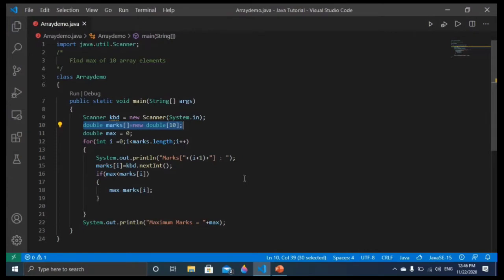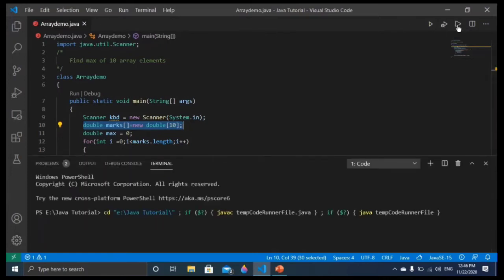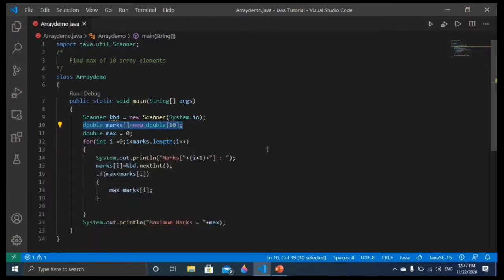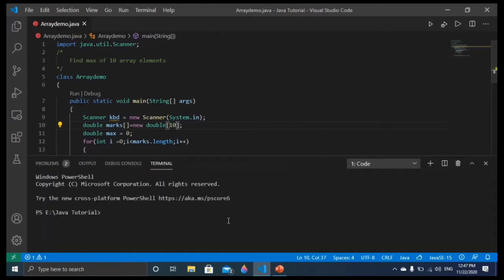So you can see here when I run, at that time it is asking for the marks. Let me run one more time, let me show you, friends. If I run, you can see an error is coming. What is the error here, let me see. Something is expected, what is expected, let me see. Import java util Scanner. Okay, then KBD, then double marks. Let's see what is happening here. Let me run one more time.